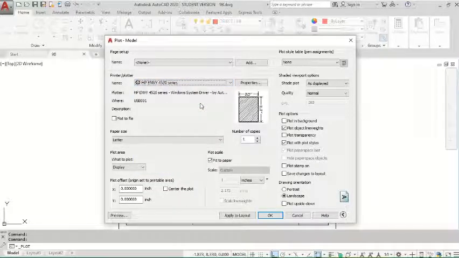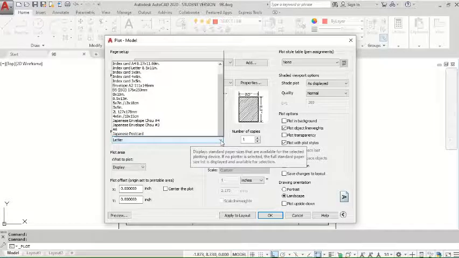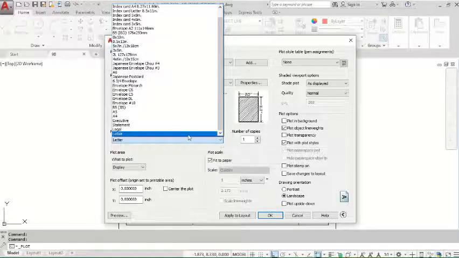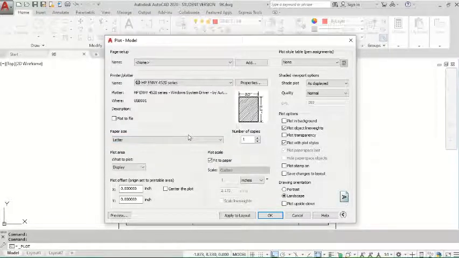The next thing that we want to do is select our paper size. So we're just going to use letter. Okay,